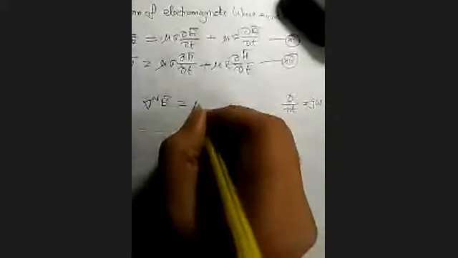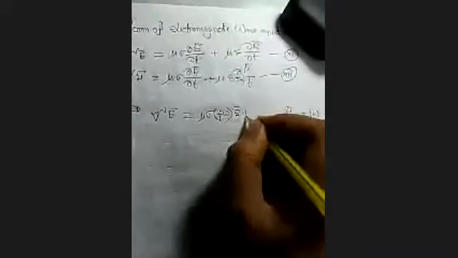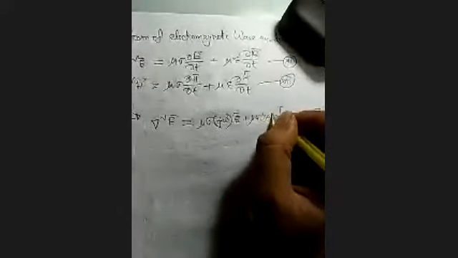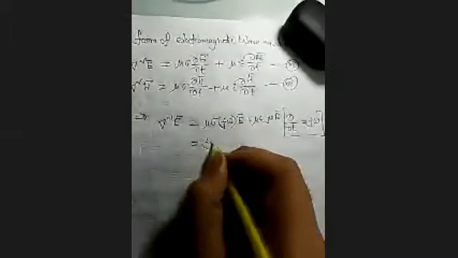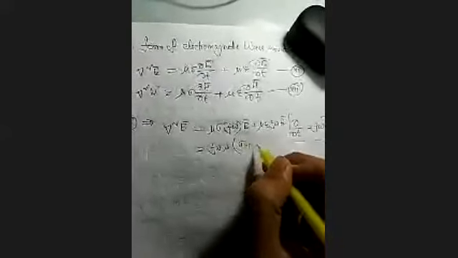So it will be mu sigma j omega E plus mu epsilon j omega E. Now j omega mu is common here. Now we can write sigma plus